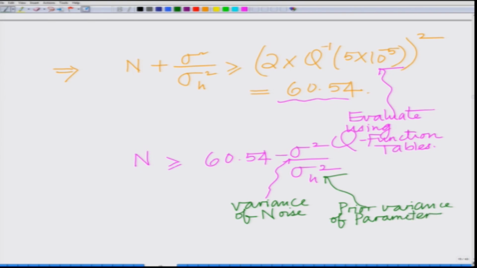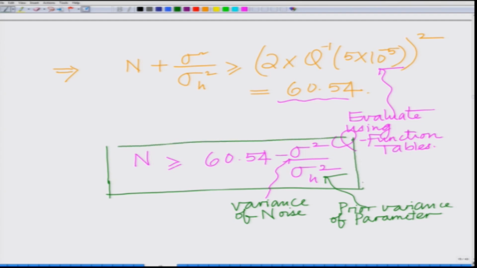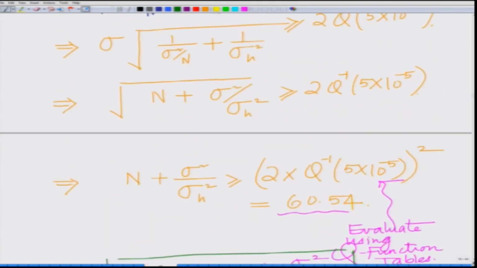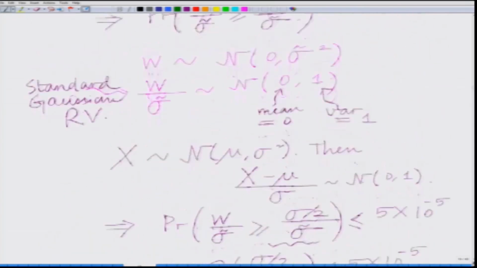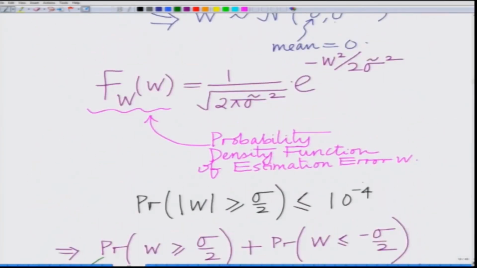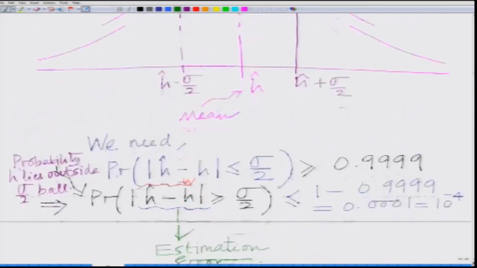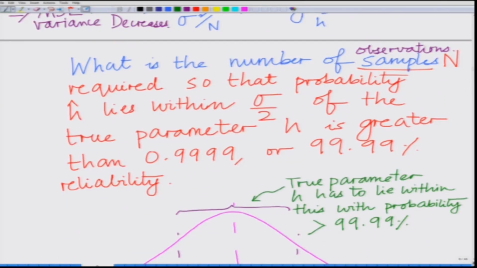Sigma square divided by sigma h square, and this is the prior variance of the parameter. And now we have derived the number of samples that is required. If you go all the way back and recall what we were deriving, this is basically the number of samples n that is required such that the probability